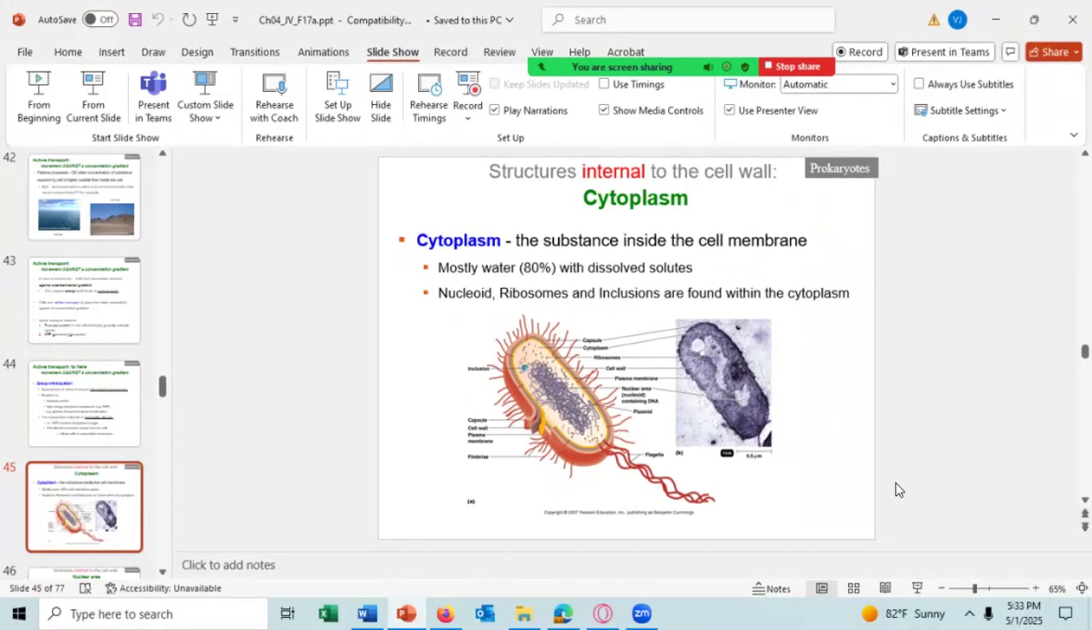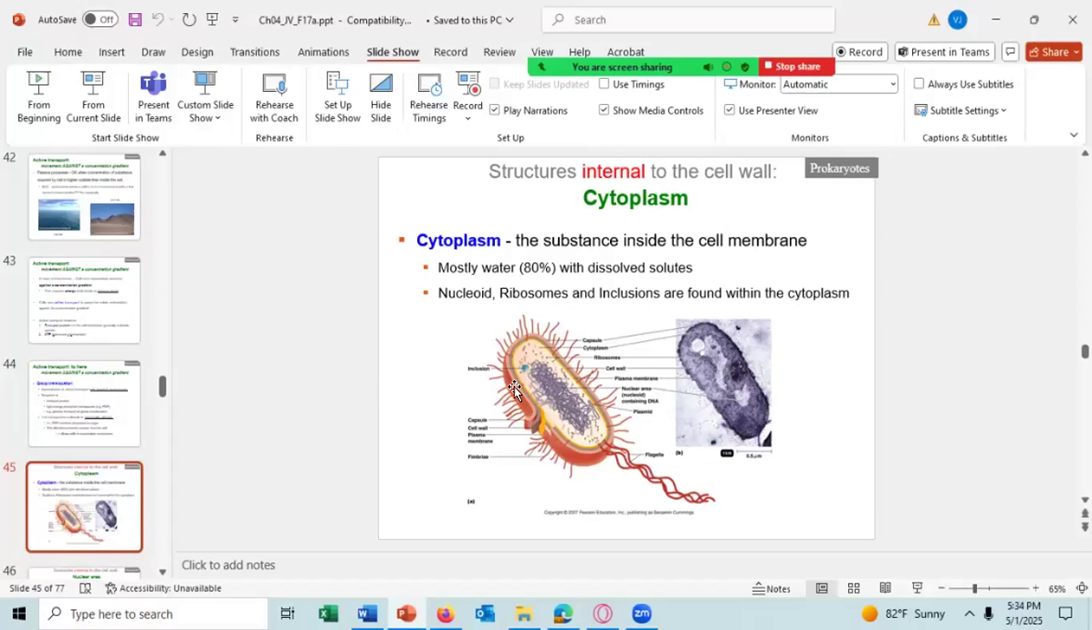So let's talk a little bit about cytoplasm. The cytoplasm is the substance inside the cell membrane. When we're talking about bacteria, all of the stuff inside the cell membrane is the cytoplasm because there is no nucleus. The cytoplasm is mostly water, about 80%. It does have dissolved solutes in it, like dissolved protein, dissolved glucose, dissolved ATP, dissolved amino acids, and obviously dissolved